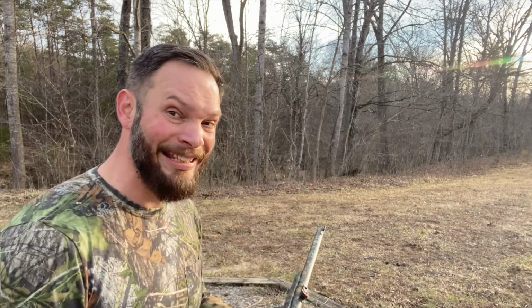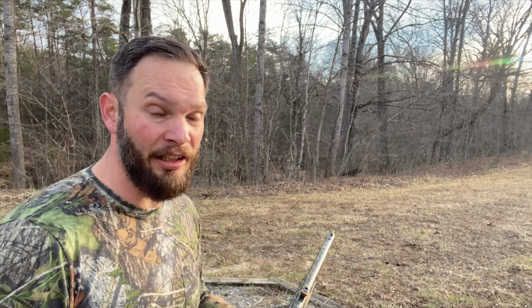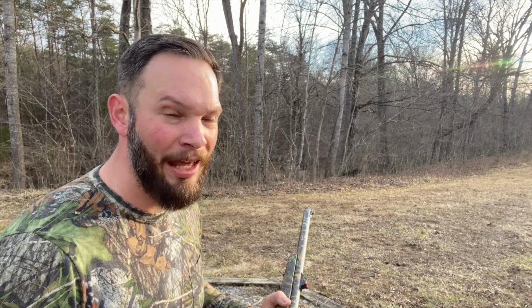Number 1, this is probably the least tangible benefit of hunting with a single shot shotgun, but it's possibly the most important, and it's this: psychology. If I know that I've only got one shot, look, all it takes on a turkey is one shot. But if in my mind I'm like, hey, if I miss the first shot, I've got a second shot, I've got a third shot, we can keep shooting until this bird stops. But if I realize I've got one shot for one bird, one shot, one kill,